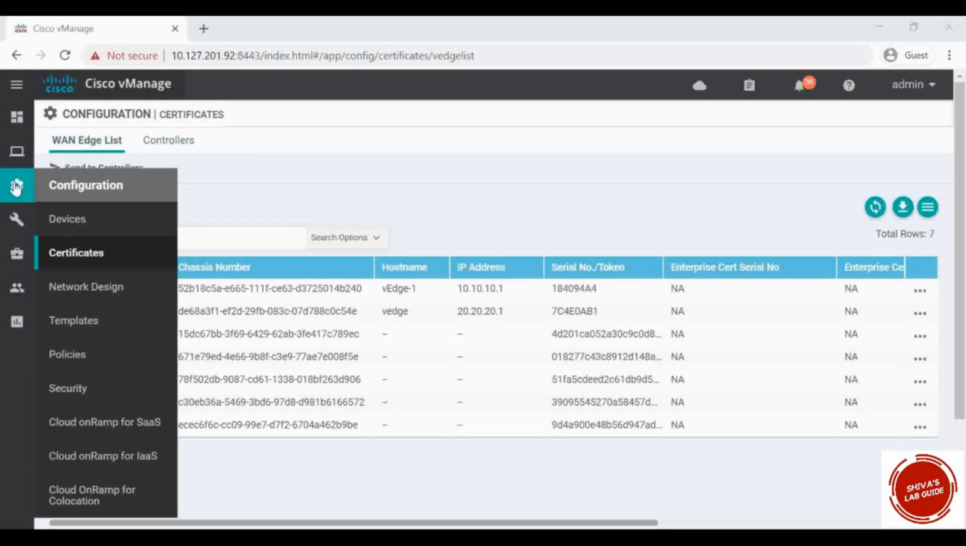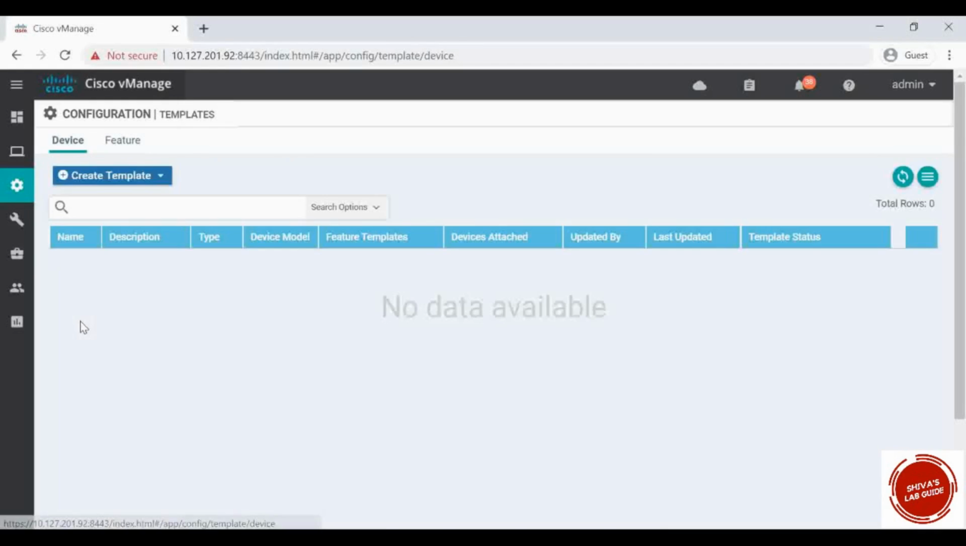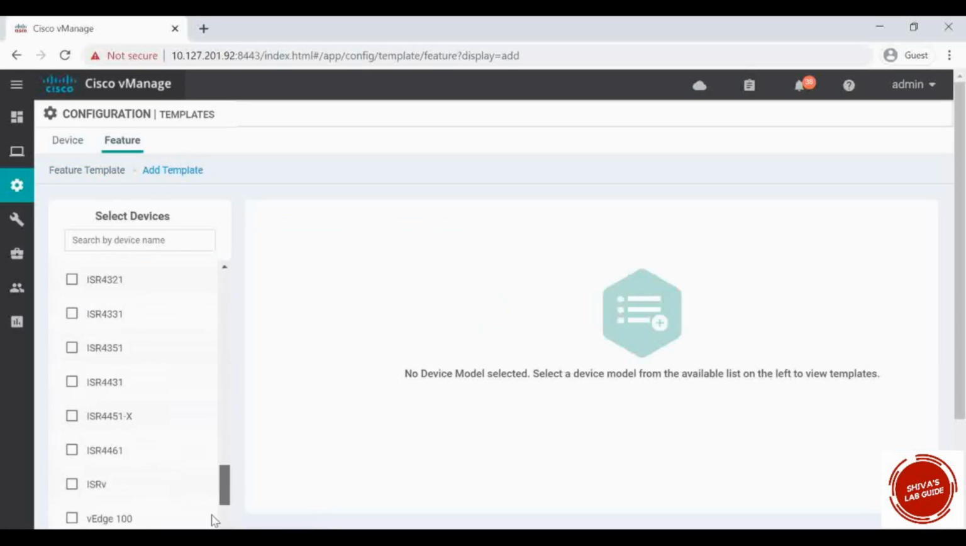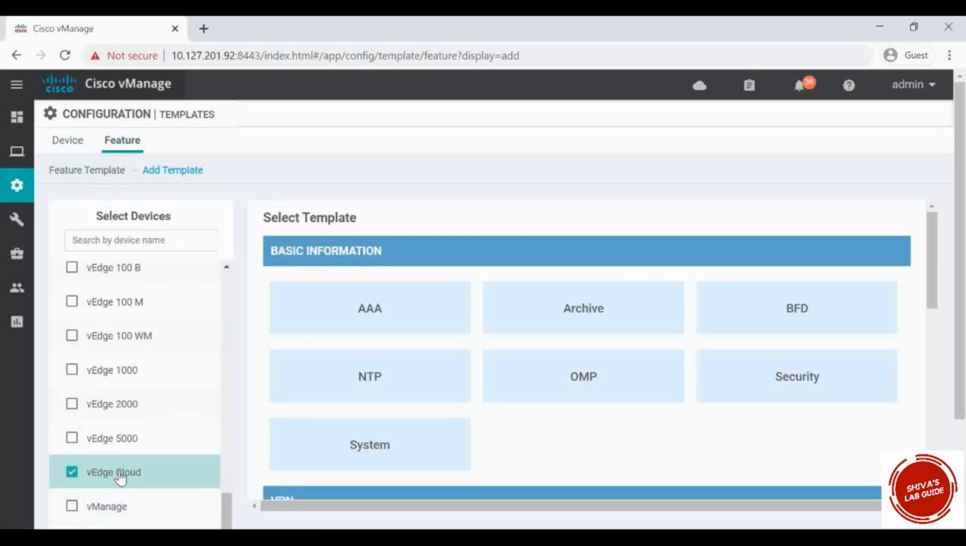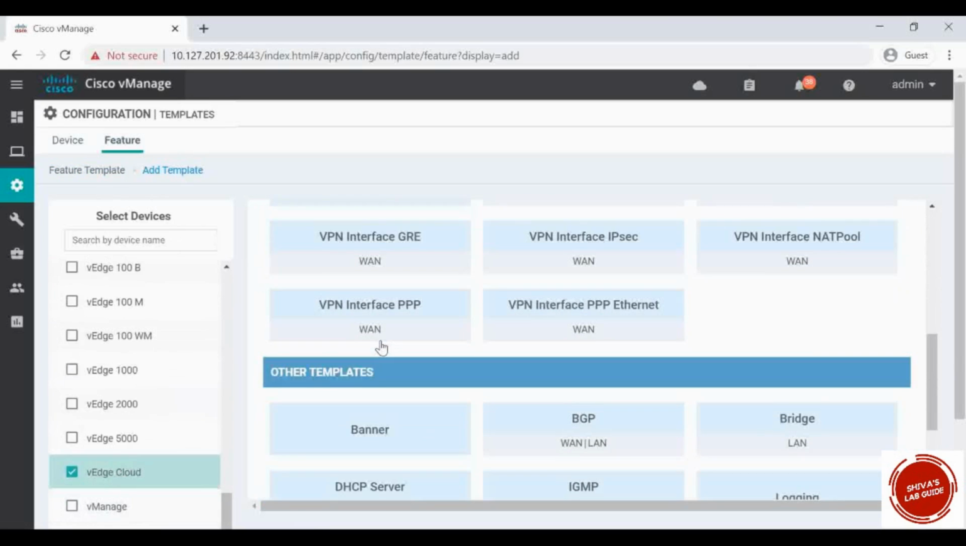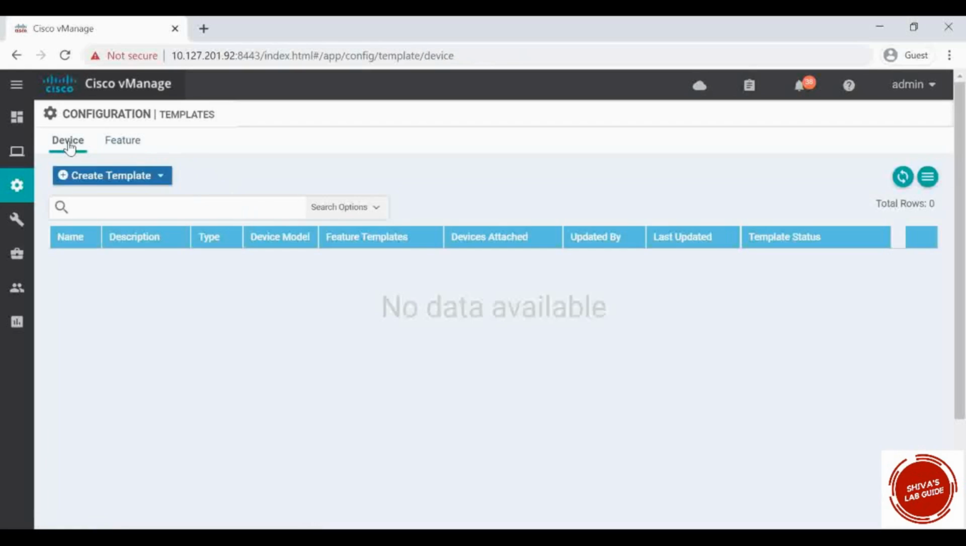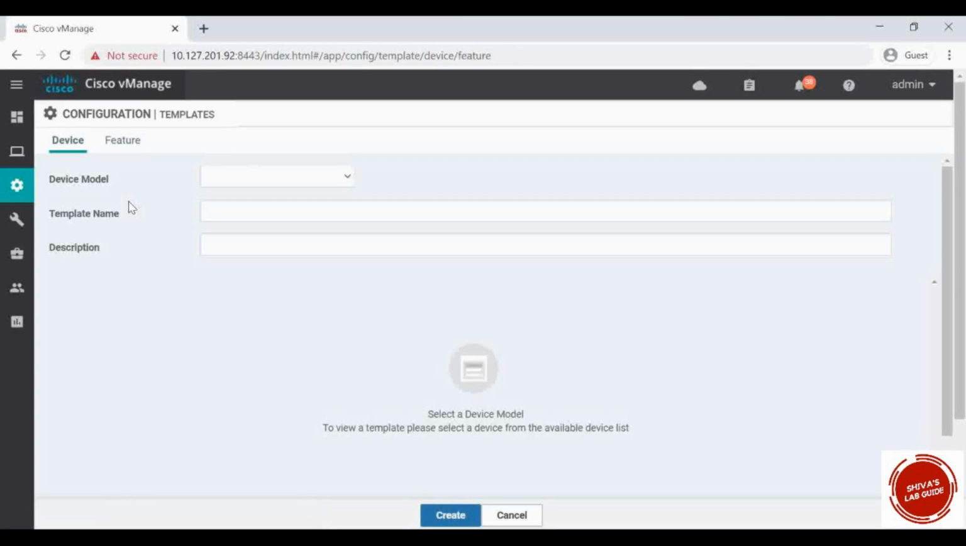So in my vManage, I'm going to Configuration, Templates. When I go to Configuration Templates, I can see device and feature. Usually we create feature templates, and we select which type of platform we're going to use. You can see the list of feature templates that we can create. Since we're doing it for the first time, I always go to the device template, create the template, and select the feature template,